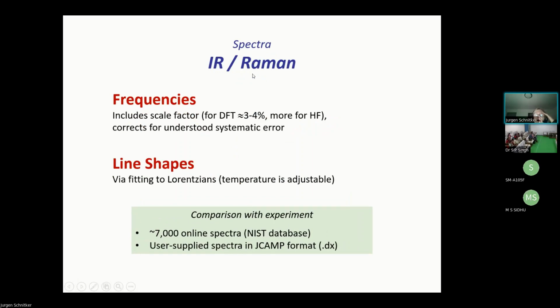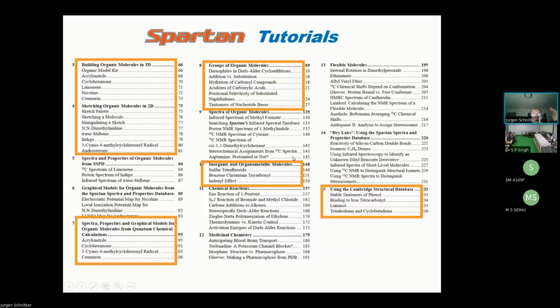So IR and Raman can be calculated analogously. Yatindra had touched on that, and I want to emphasize that too. It's a huge advantage.